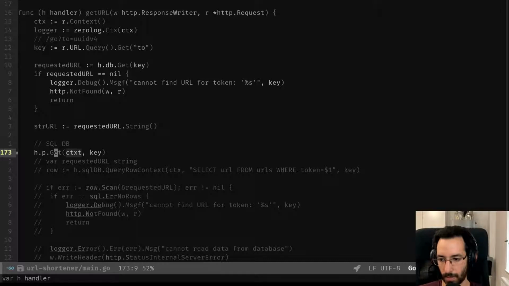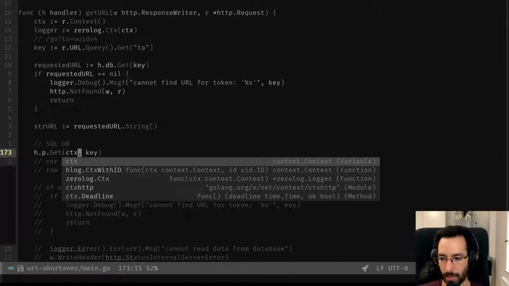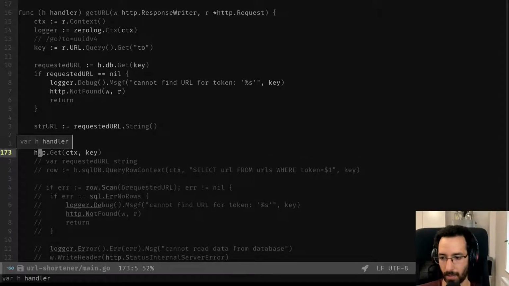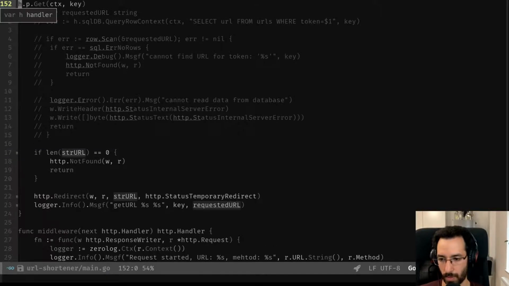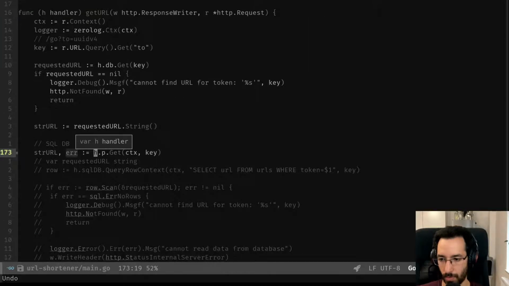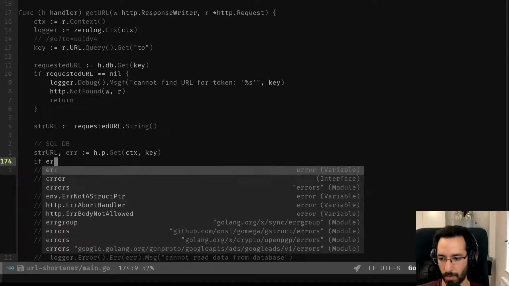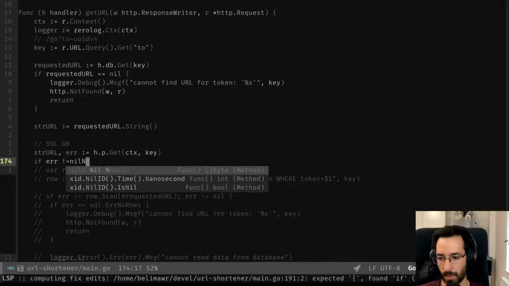I'm learning how to type context, ctx, and our get method also returns a string and an error actually. So strURL and error, colon equals, not colon one. If error is different than nil,